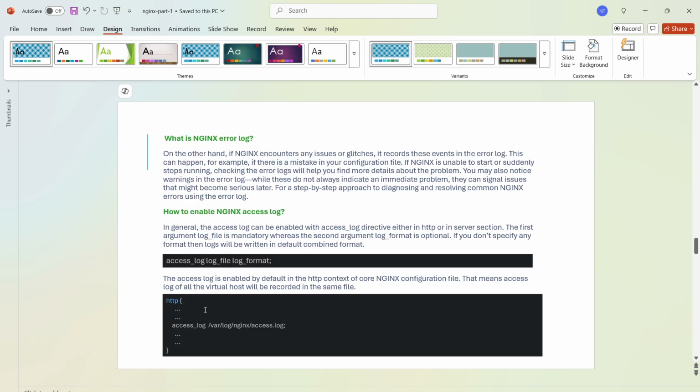Okay, and now we talk a little bit about the NGINX error log. If our NGINX encounters any issues or glitches, it records these events in the error log. It can happen if there is a mistake in the configuration file, or NGINX is unable to start or stop, or suddenly stops running. Checking error logs will help you find more details about the problem. You may also notice warnings in the error log. While these do not always indicate an immediate problem, they can signal issues which might become serious later. So, for a step-by-step approach to diagnosing and resolving common NGINX errors using the error log,